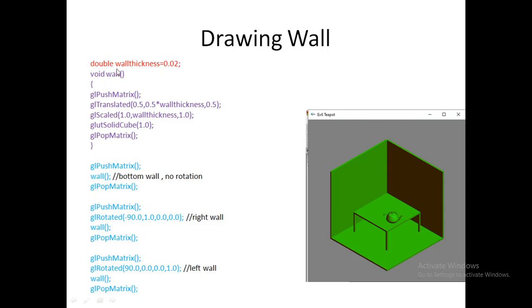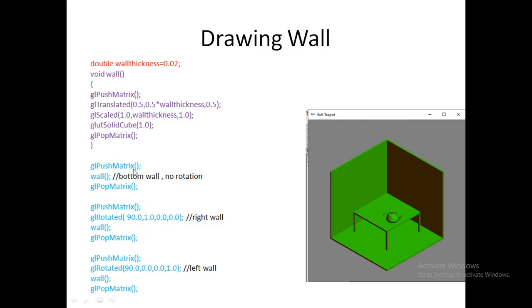Now this is just to draw a wall. How many walls are we using here? Three walls. Those are called like this: GL push matrix, pop matrix, and I am calling the wall. So you are calling this wall function. Out of these three, which wall will this function draw? You can see the comments are there. Bottom wall, this is the bottom wall. You can see the scale down is on this side, on the Y side. You can see the scale operation, X value, Y value, Z value, and the Y value is scaled down. So the X side unit cube and Z side unit cube are there, and the Y side is scaled down. This is wall 1, that is the bottom wall.